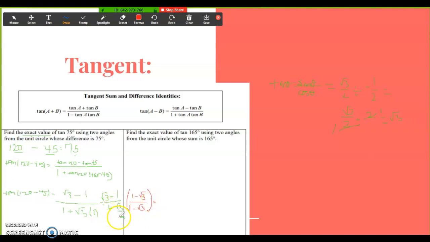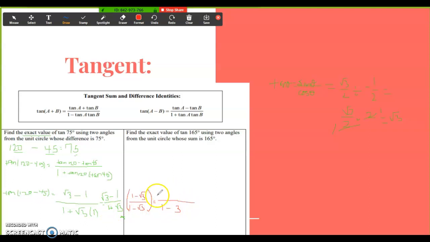Now remember, the middle terms cancel on the bottom. So really, I just got to square the first term and the last term when I'm multiplying the denominator's expression, right? So my denominator should end up as a 1. And when I take radical 3 times radical 3, that's just a 3. So in the denominator, I should have a 1 minus radical 3 because I got a positive radical 3 and